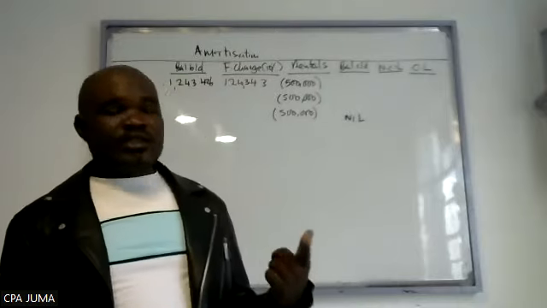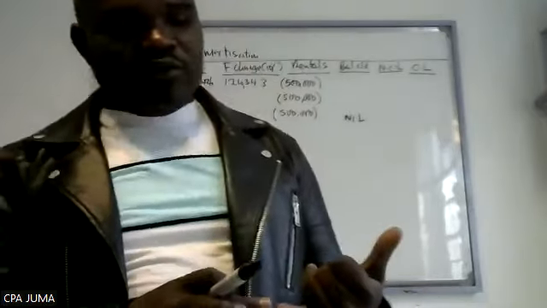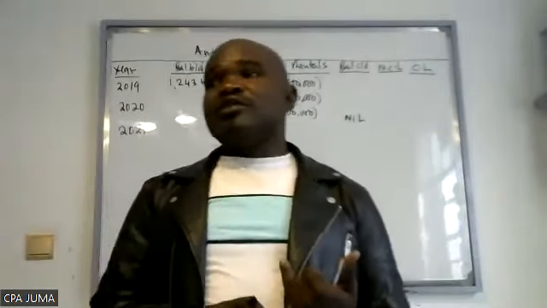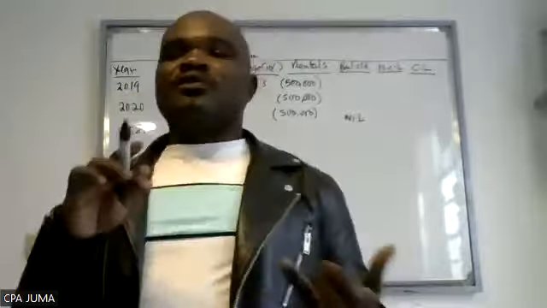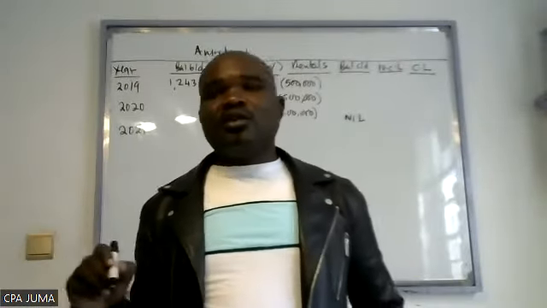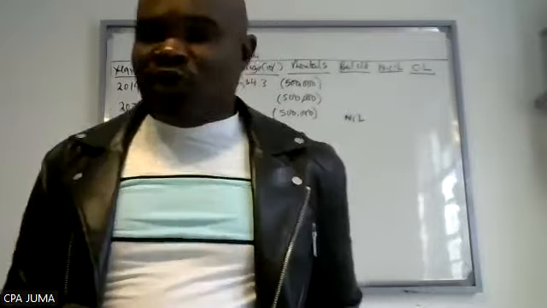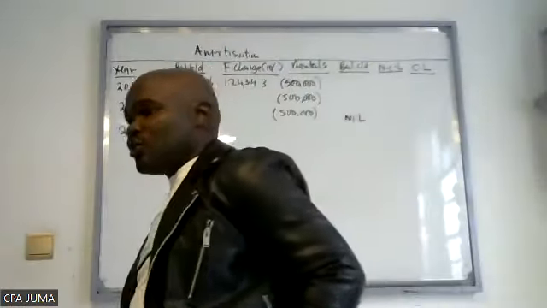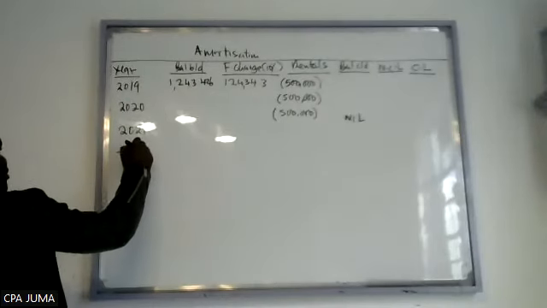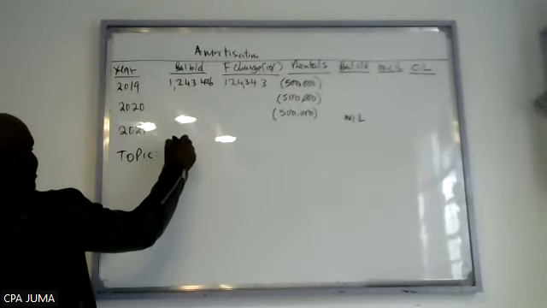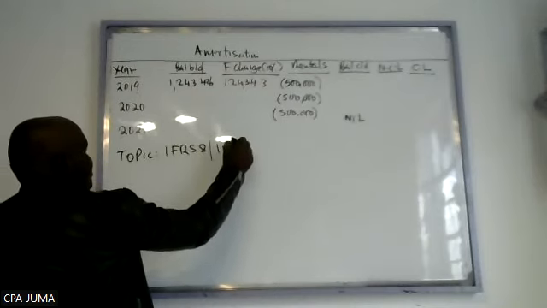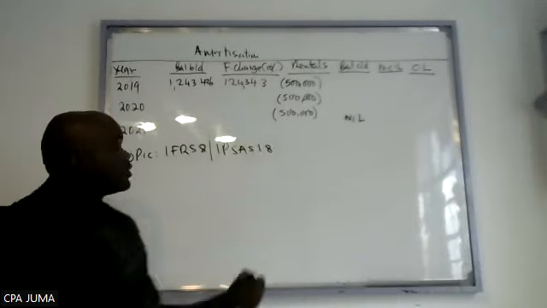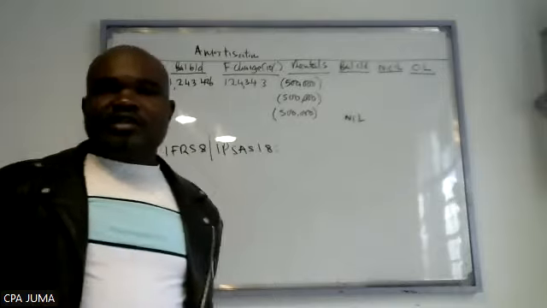ladies first. So ladies, on your Google platform, tell me, IFRS 8 is talking about what? Then James, also Google and tell me, IPSAS for government, IPSAS 18 is about what? Because that is our topic, next topic. So, topic, IFRS number 8. For ladies, James, you check for me, IPSAS number 18. Just tell me what it says.